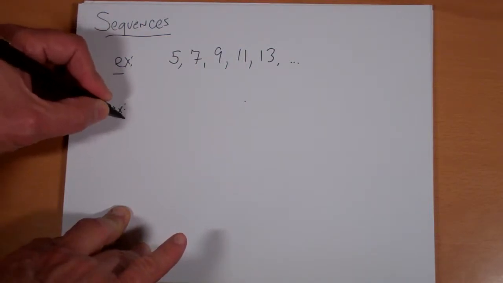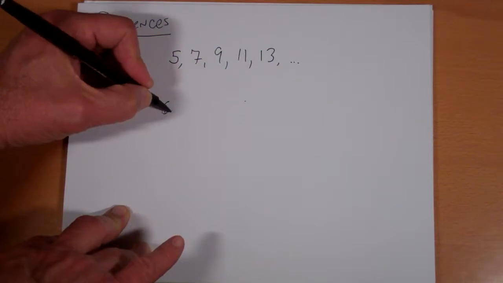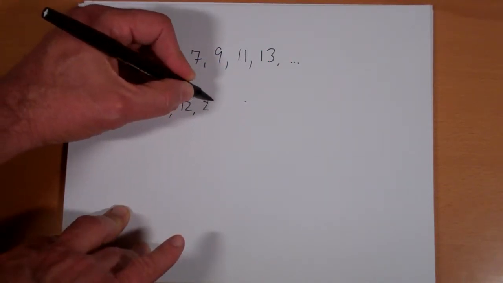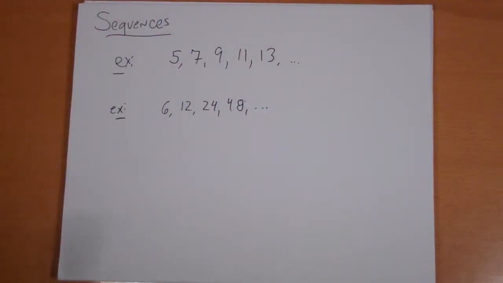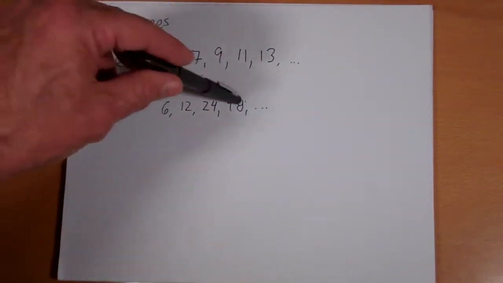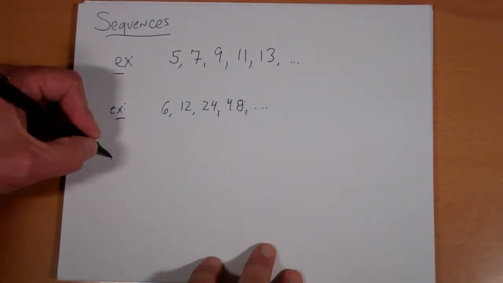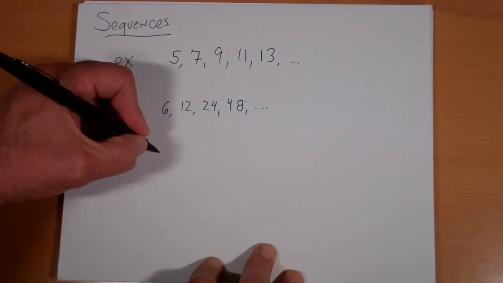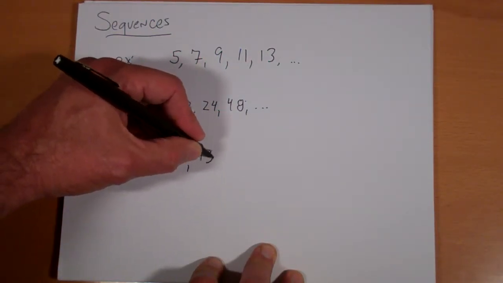Another example would be 6, 12, 24, 48. And again, we have a series of numbers, has a certain order, each one has a certain amount. Here's another example. 4, 7, 13,